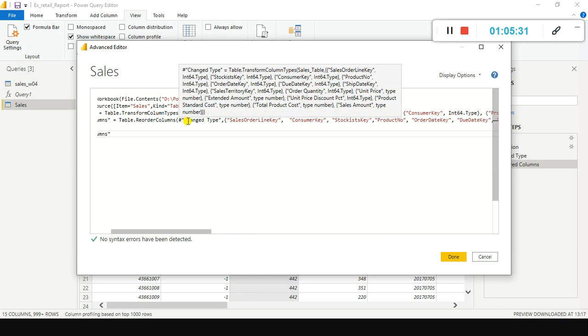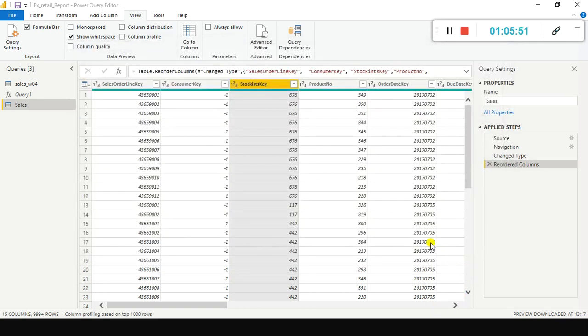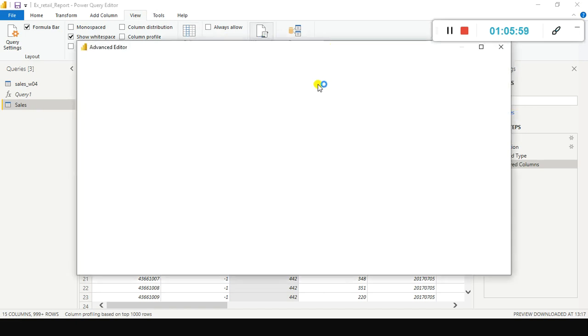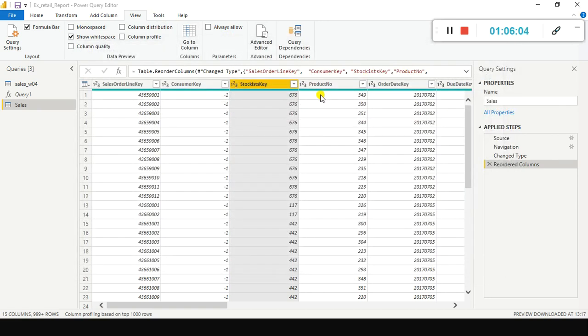Okay, got it? So this is my M language. M language is also very easy, right? So you can learn it on the fly. You don't have to take a book or help, but certain things you will have to refer to in the Microsoft documentation, docs.microsoft.com. If you go there, you can find Power BI related things. I'll also share that link. You can see it. So manually you can drag and drop it, and programmatically how do we do that? You can do it like this: Table.ReorderColumns. Try to be familiar with these functions also side by side.